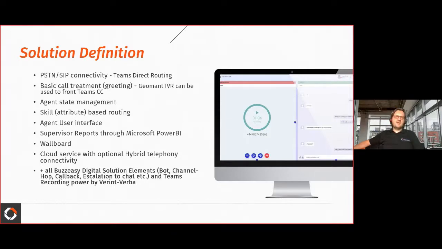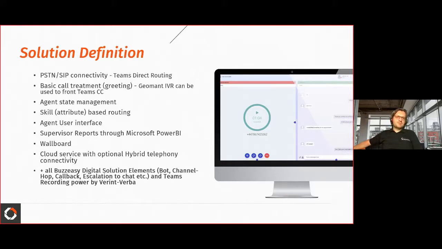So that's why, on top of these that are really just focusing on the Microsoft Teams side, we do support various digital channels, self-service bots, channel hopping, meaning moving from one channel to the other, and always escalation to agent.